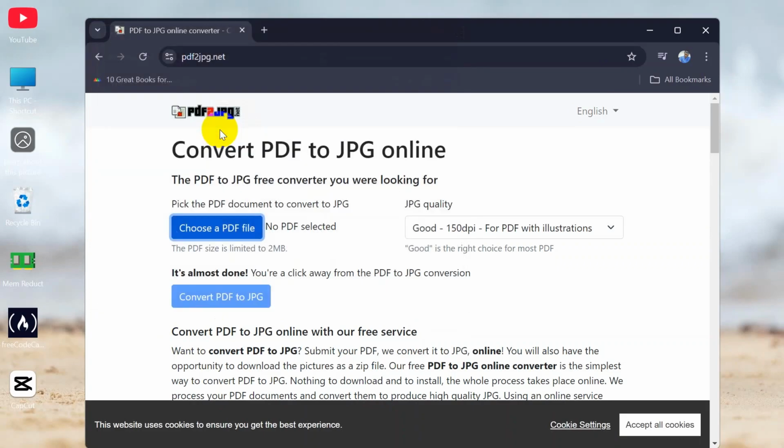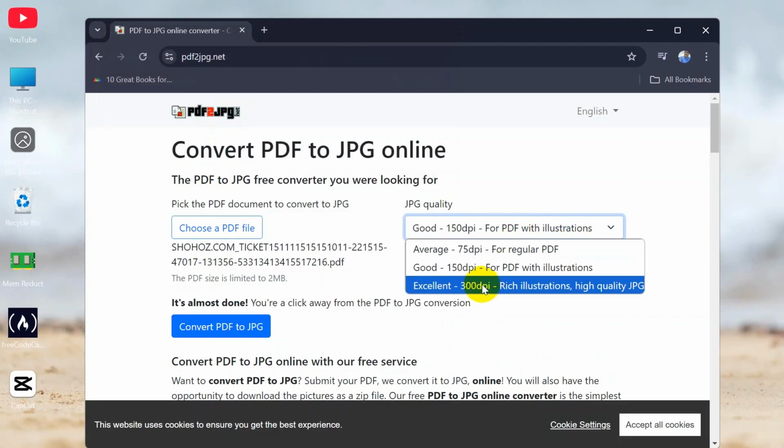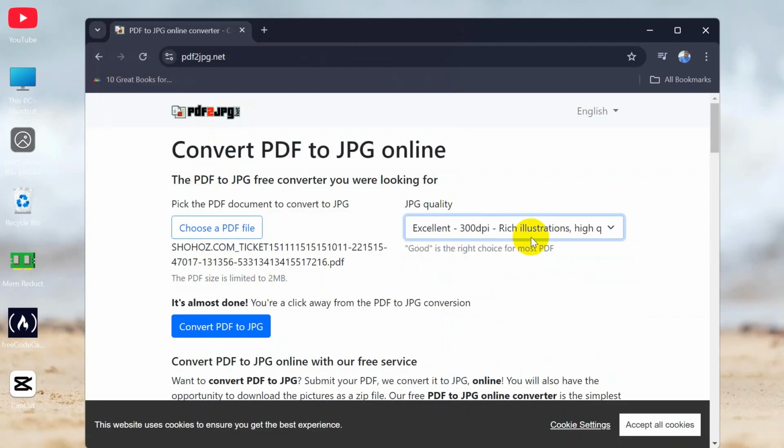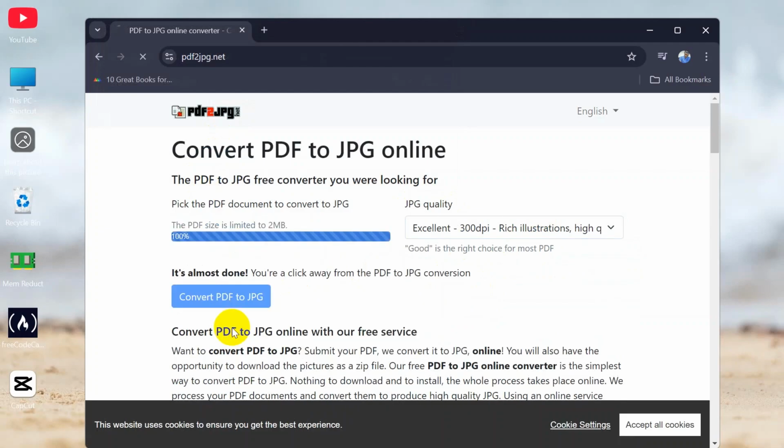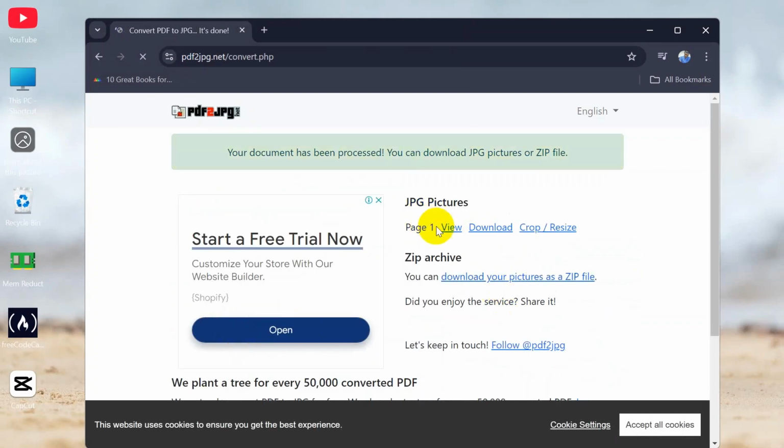and then select your PDF file. And if you want to give the quality excellent over here, then give it and then click convert to JPG. After a very short time you can see your JPG picture, and there is an option called download, so click on that,